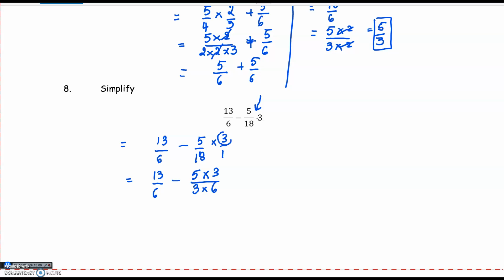Since we know 3 can cancel with the 3 in the denominator, we break down the 18 in terms of 3. So as a multiple of 3, 3 times 6 is 18. Cancel the common factors. Remember, we are doing the multiplication before the subtraction. We completely multiplied this entire expression, reduced it to the lowest terms by cancelling common factors, and only then do we do subtraction. So 13 minus 5/6. We're counting sixths, so denominator is 6, minus, so that's 13 minus 5. 13 minus 5 is